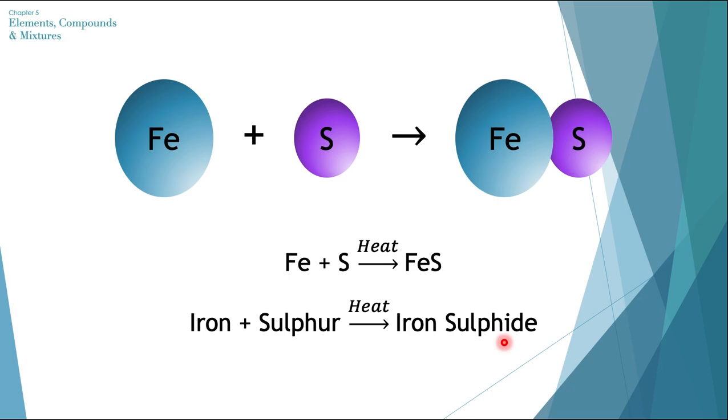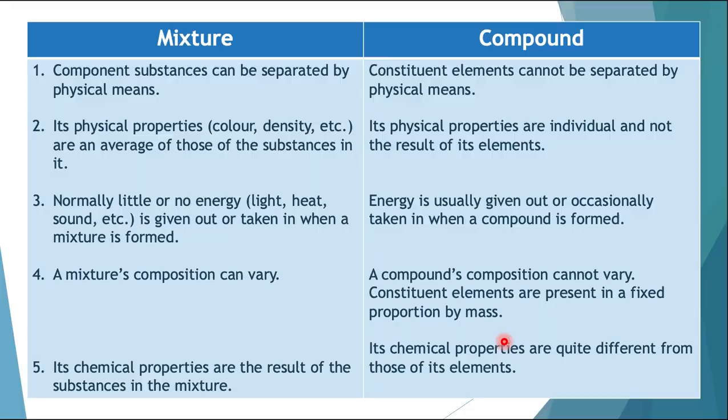Now here we have the differences between mixtures and compounds. A table of these differences, actually. Number 1. In a mixture, component substances can be separated by physical means. But in a compound, constituent elements cannot be separated by physical means. So don't get confused with the constituent elements and the component substances. They do mean the same thing: the building blocks from which a mixture was made. This mixture can be separated into these building blocks again, but the compound cannot be separated into the building blocks